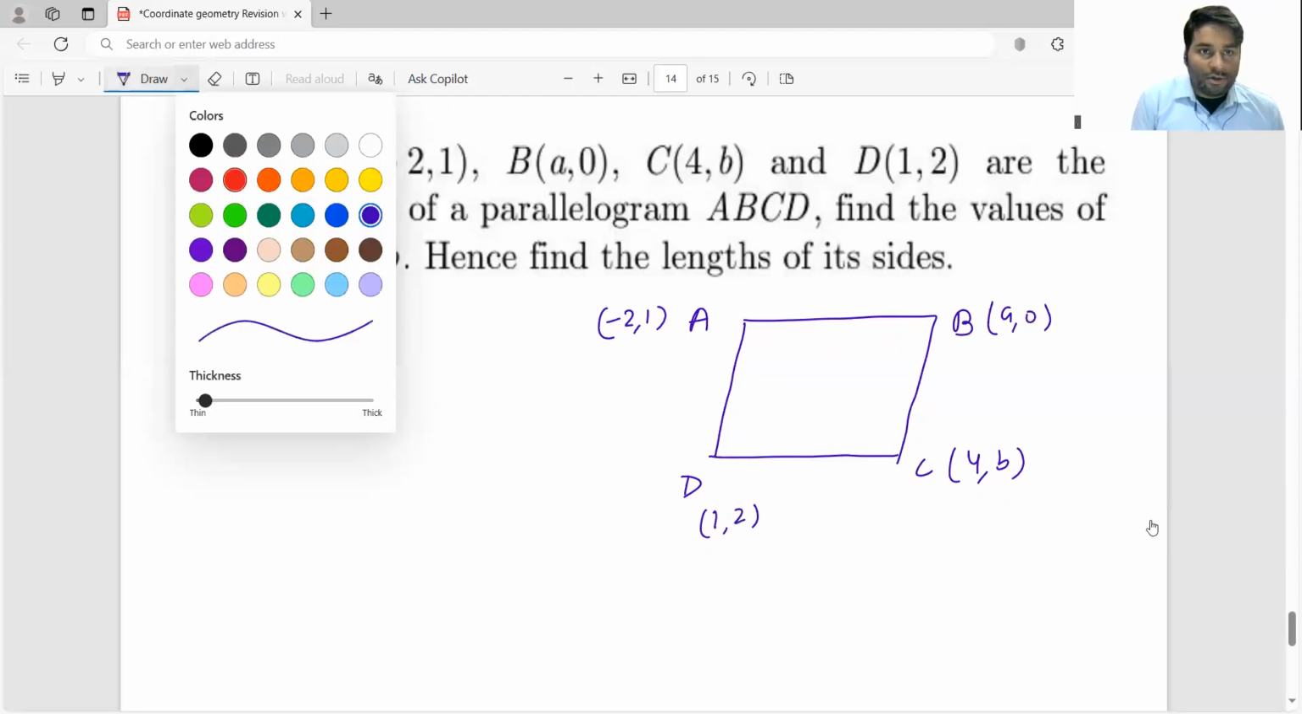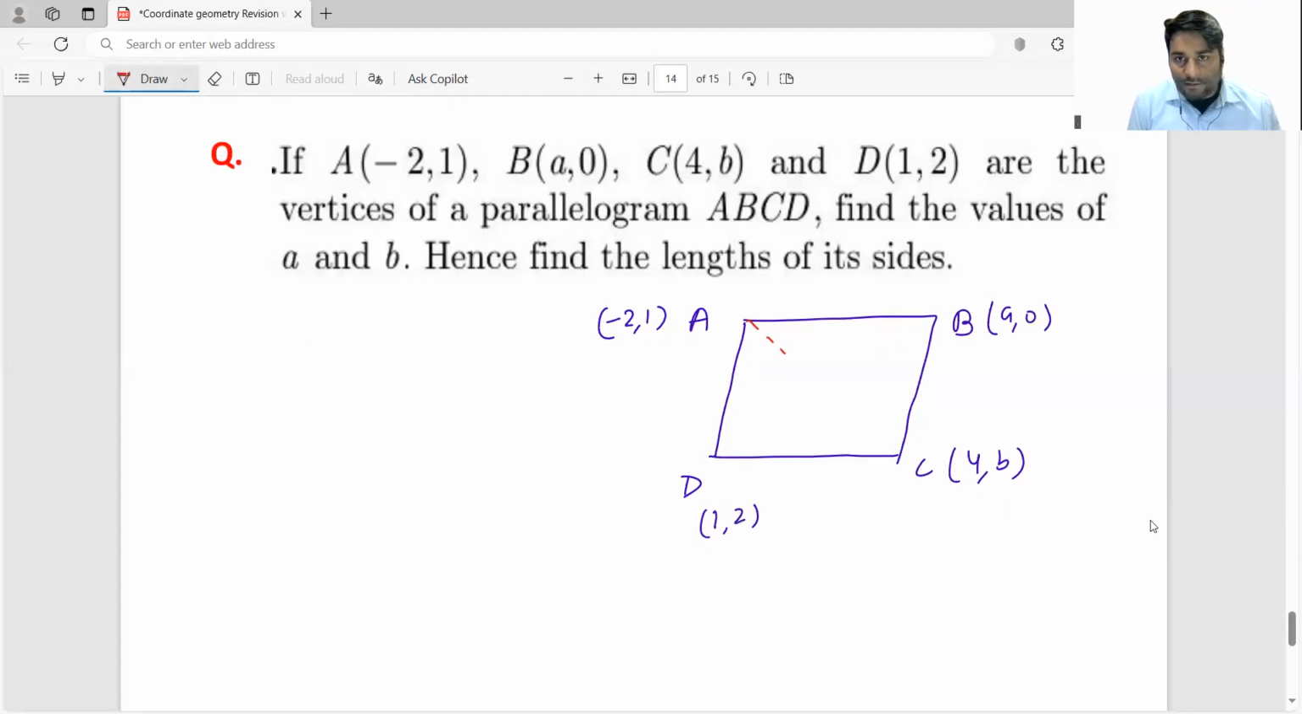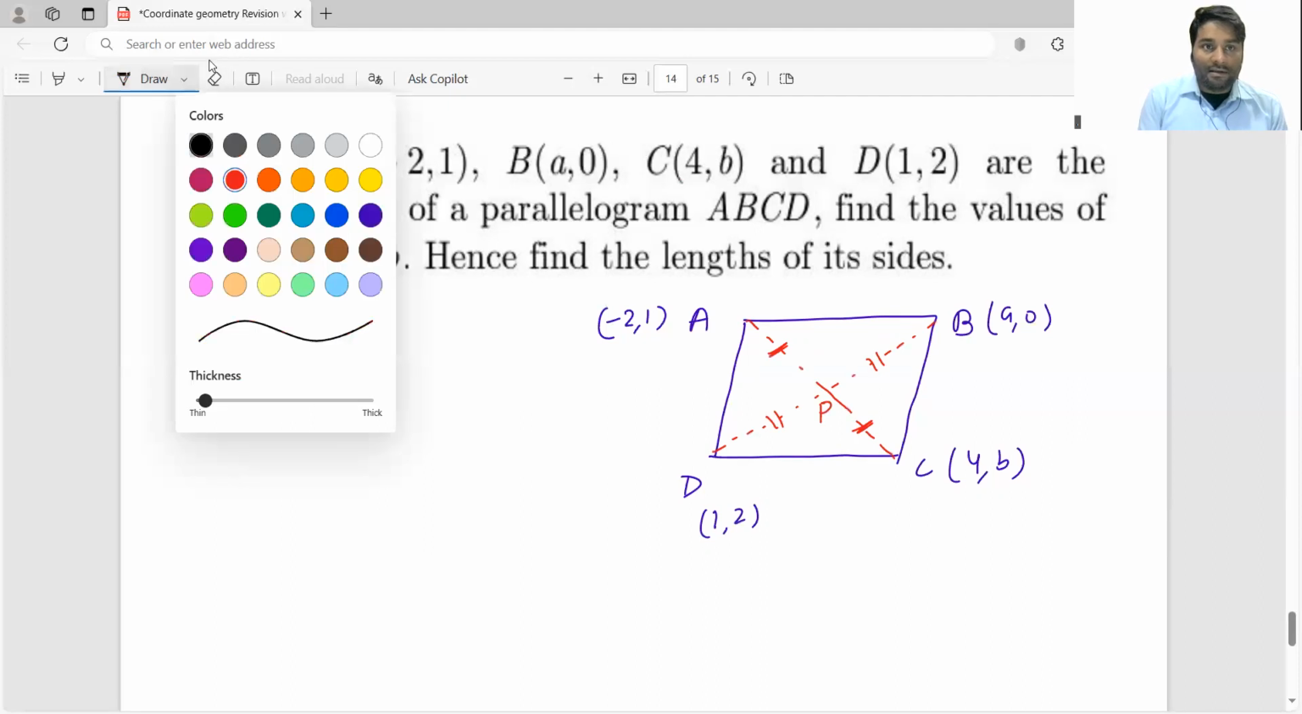Okay, now I'm just going to draw the diagonals, so this is AC and BD. We all know the property of a parallelogram is that the diagonals of a parallelogram bisect each other. So this will be equal to this one, and obviously this will be equal to this one. Suppose this is the point P. Okay, so we can easily find now here